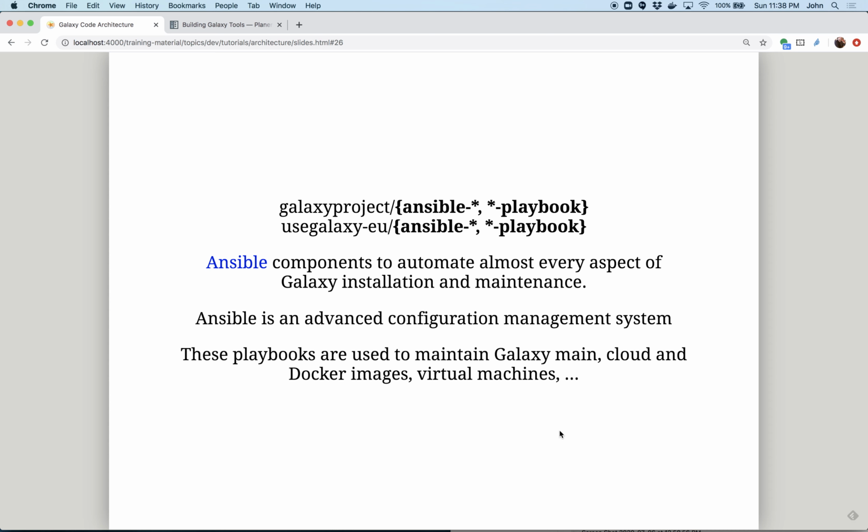It's a configuration management system with a lot of advanced features. So the Ansible roles are defined in various packages: Ansible Galaxy, Ansible Toolshed, Ansible Postgres objects, etc. And then the playbooks that combine these roles together into actual sites and such are on Dash Playbook. And so there's some available from both the Galaxy project and inside the usegalaxy.eu namespace on GitHub. Yeah, so these are important assets for people putting together